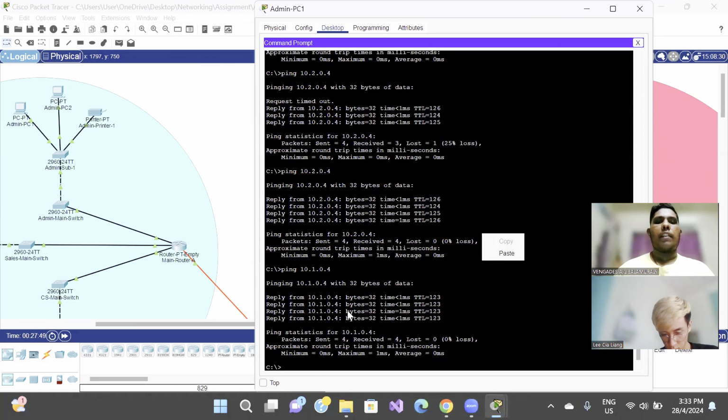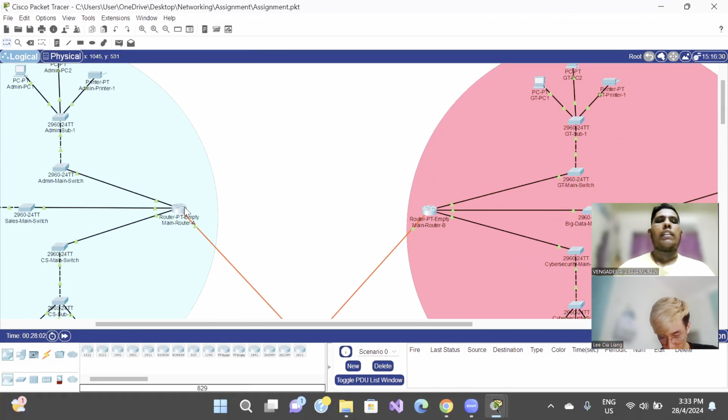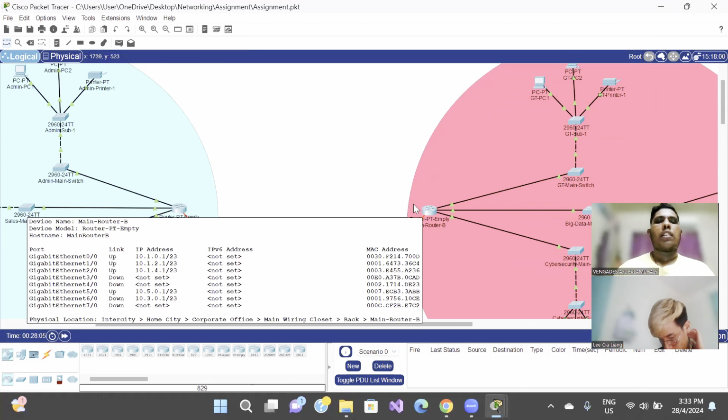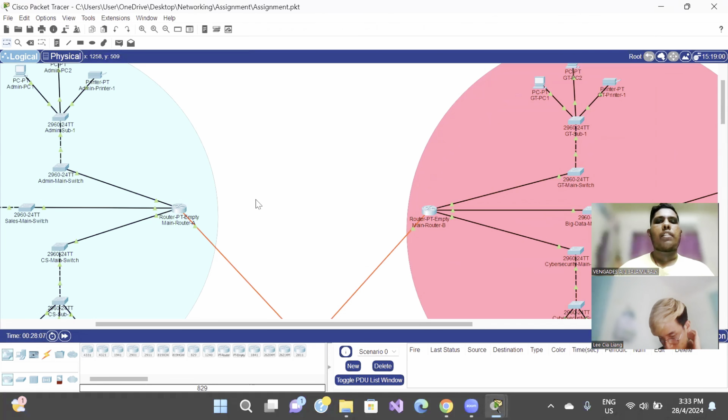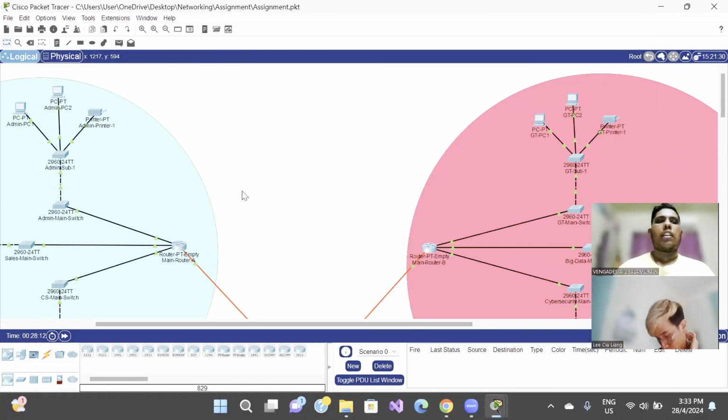As you can see, we have gotten all the replies from gaming tech PC1, even though the connection between router A and router B is compromised. This is because we have made sure that even though one of the lines is compromised, the data should still travel from router A to router C first and router C to router B. Now that we have shown you how the communication works between the routers even though one of the lines is compromised,